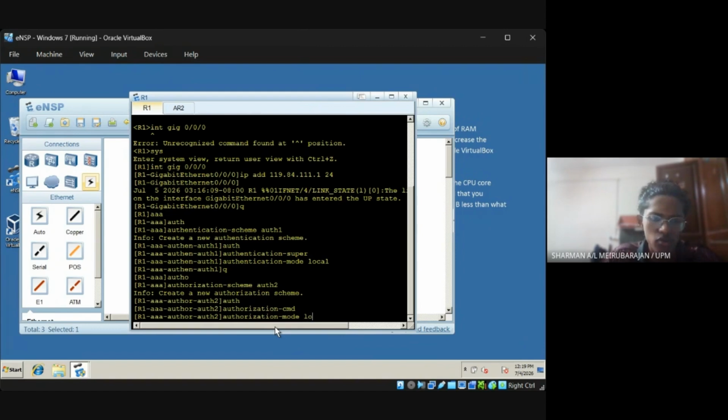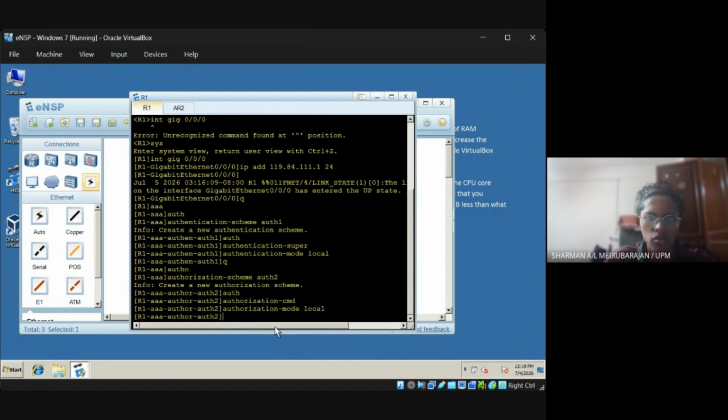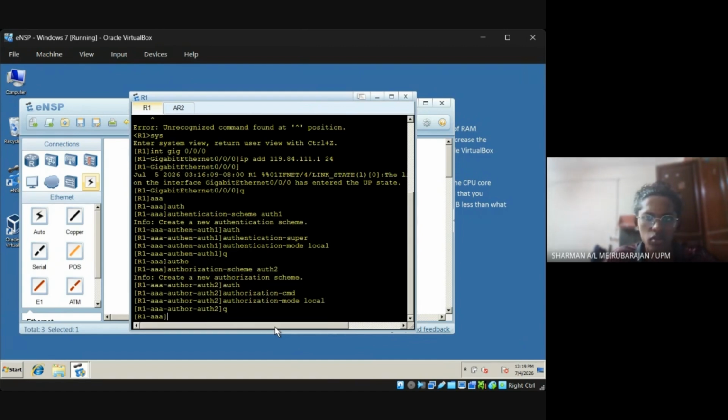Mode local. Okay, so now we'll configure domain Huawei on R1 and then create a user and apply the user